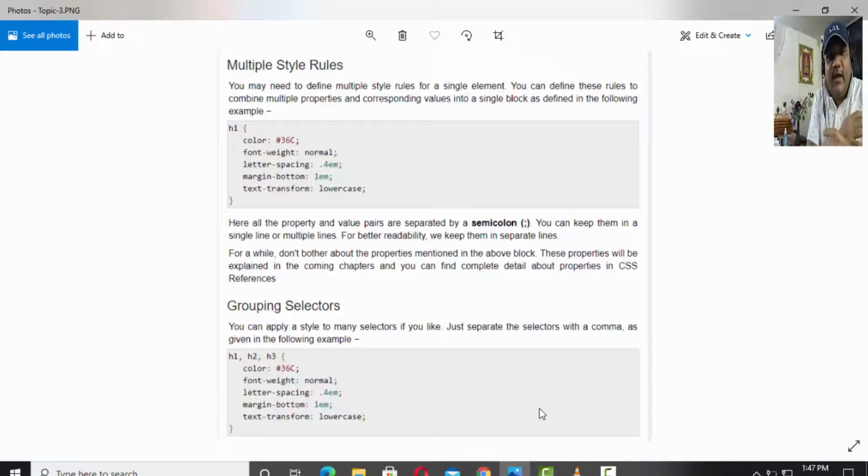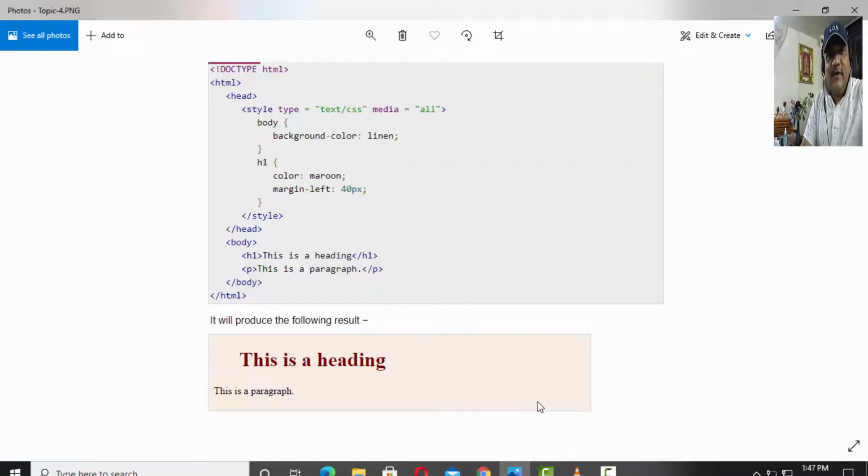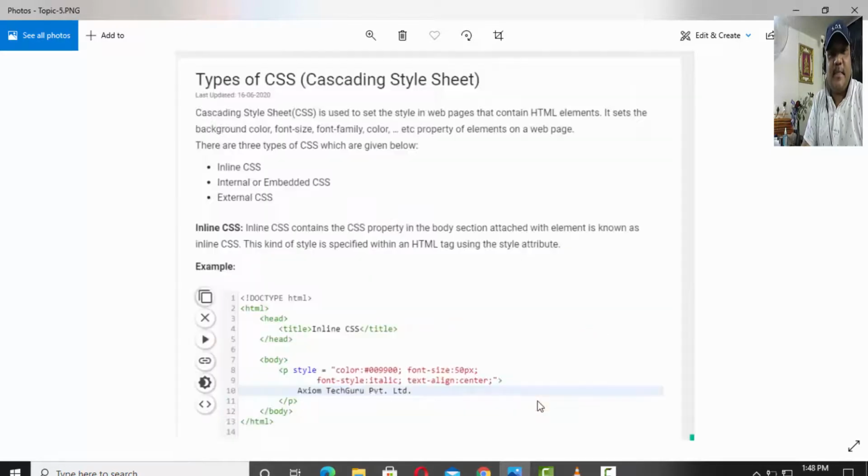We discussed how we are grouping the various selectors together. We discussed how we can have style rules and apply them. Then we discussed the various types of CSS. That was inline, defined in one line. Internal, where in the head section you are defining it, and external, where you are defining it in a separate